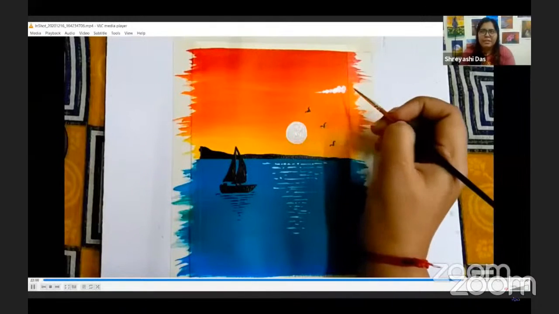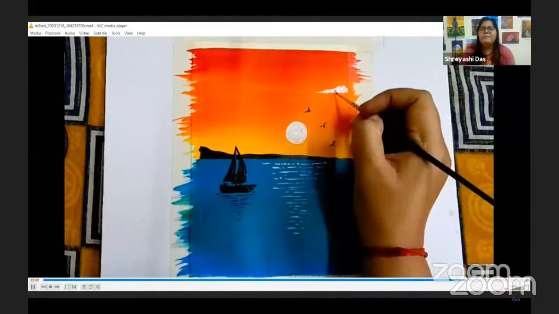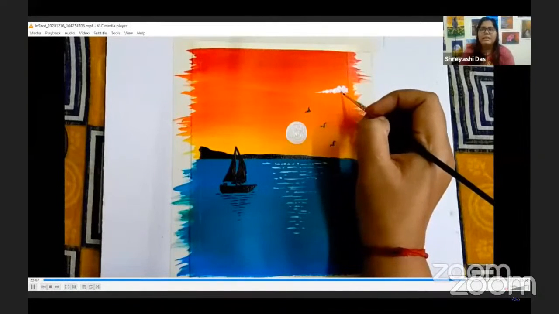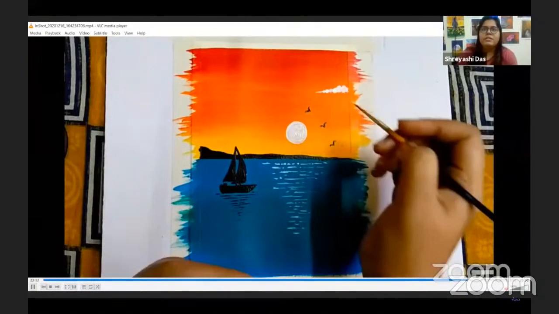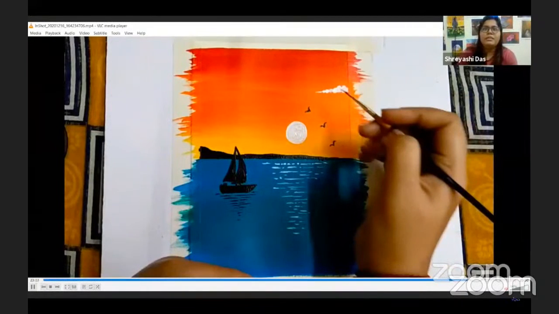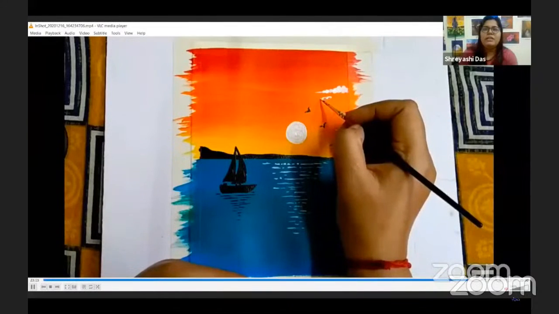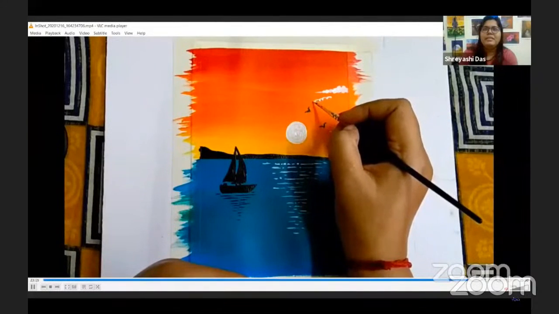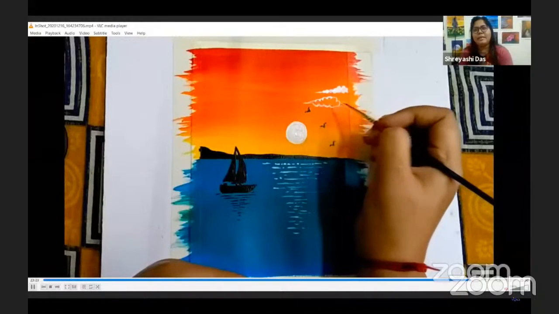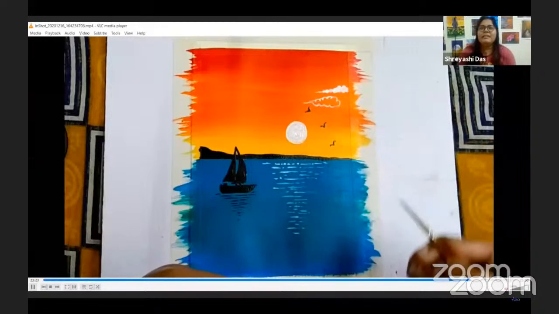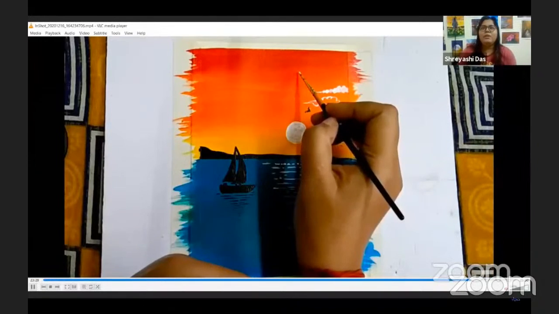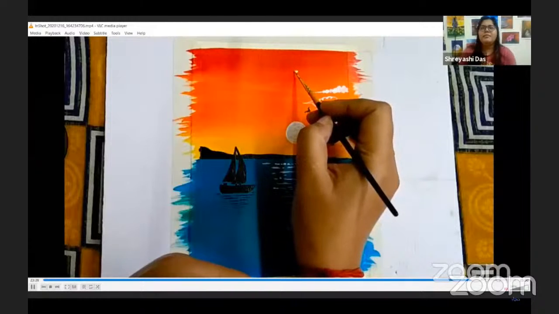Otherwise, you can go for the conventional method, that is you can trace out the clouds first and then you can fill them in with the white color. This is just one of the ways. Otherwise, you can do it this way. Just draw the clouds out with the help of a pencil like this and fill it up with the white color. Pretty easy, right? Again, I will draw just one more cloud here with the pencil